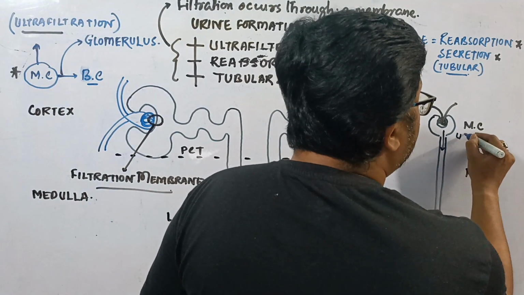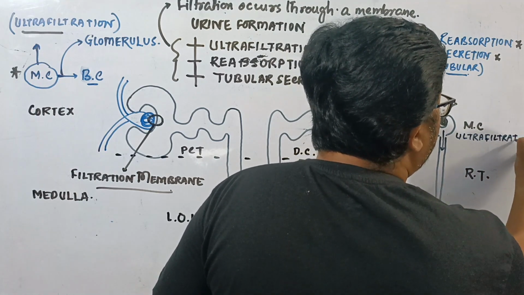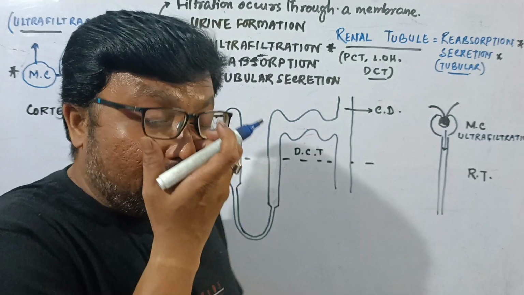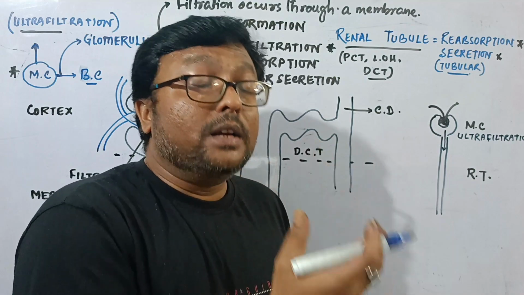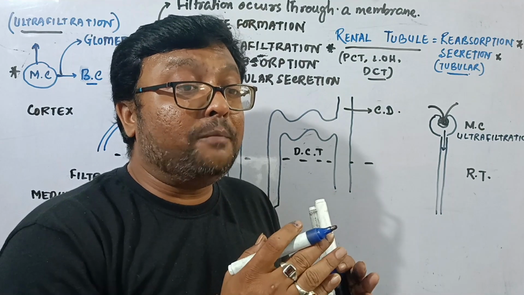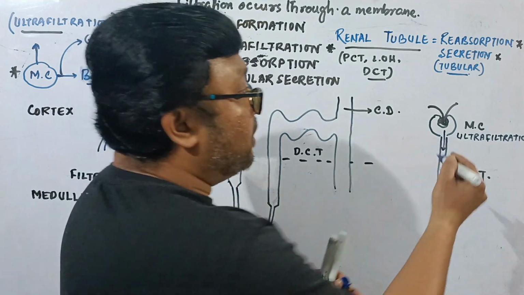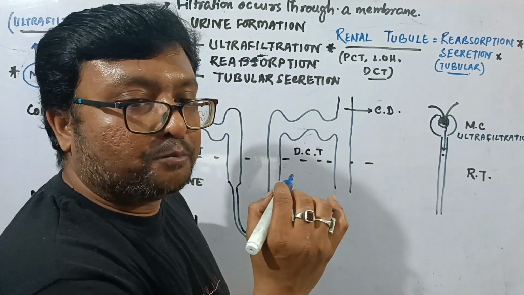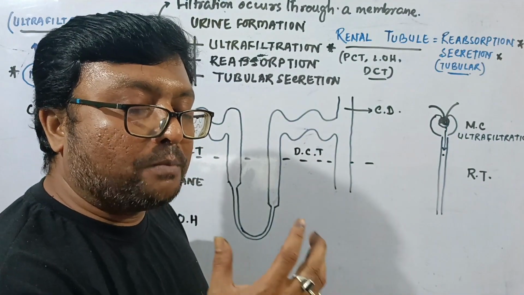এই মালপিজিয়ান কর্পাসালস যেটা হচ্ছে সেটা হচ্ছে আল্ট্রাফিল্ট্রেশন। তো আল্ট্রাফিল্ট্রেশনের ফলে আমরা বলতে পারি যে ব্লাড থেকে মেটাবলিক ওয়েস্ট আসলে সেপারেটেড থ্রু দিস প্রসেস। দ্য মেটাবলিক ওয়েস্ট আর সেপারেটেড ফ্রম ব্লাড। তো ব্লাড থেকে সেপারেট হয়ে আমরা দেখবো দ্য ফিল্ট্রেট জেনারেলি ইট ইজ ক্যারিড ইনটু দ্য রেনাল টিউবুল। রেনাল টিউবুলে পৌঁছবে, এই ফিল্ট্রেটটা রেনাল টিউবুলে পৌঁছবে। তো এর মধ্যে আমরা যেটা পাবো সেটা হচ্ছে ফিল্ট্রেট, যেটা আসলে আমরা বলতে পারি ইট ইজ সেপারেটেড ফ্রম দ্য ব্লাড অ্যান্ড ইট